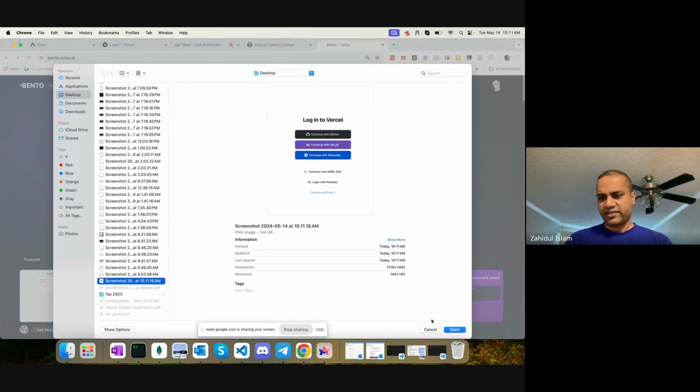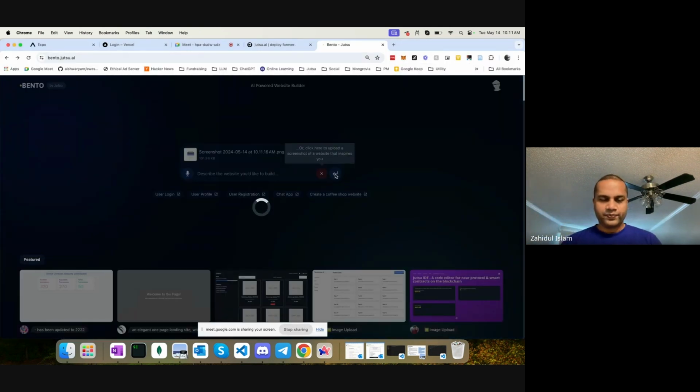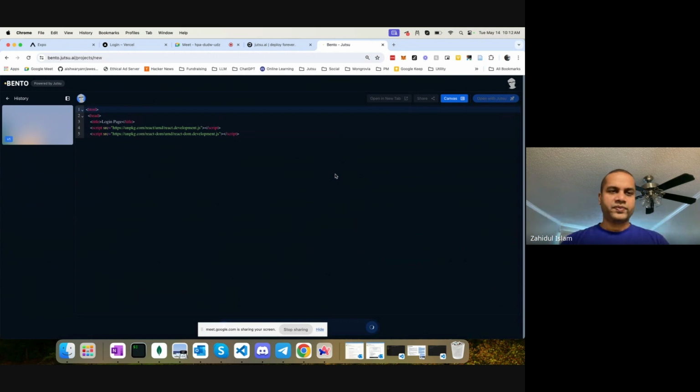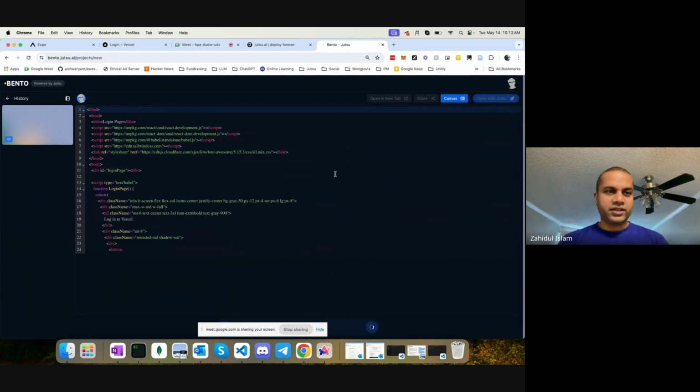This is my screenshot. I want something like this, and then I probably want to extend it. So I can upload this screenshot and add more prompt to make it better. Right now it generates React Tailwind code.